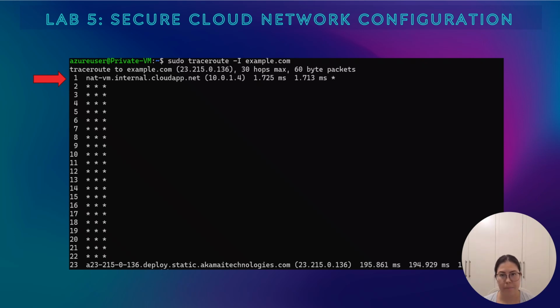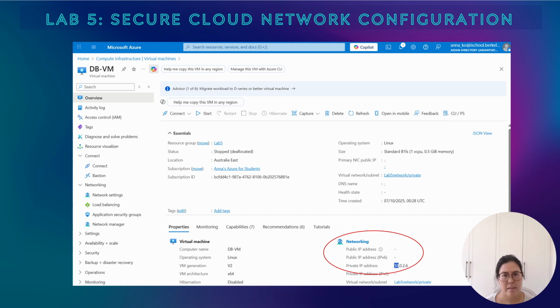Here you can see that the private VM has no public IP, so it's not directly reachable from the internet. All access must pass through the NAT and reverse proxy. And with that, I'll hand over to Daniel, who will now walk us through logging, detection, and automated response in